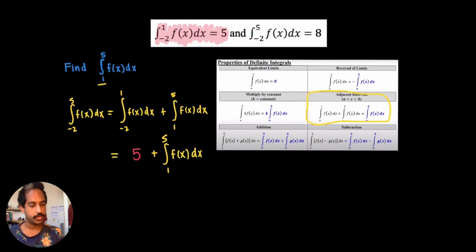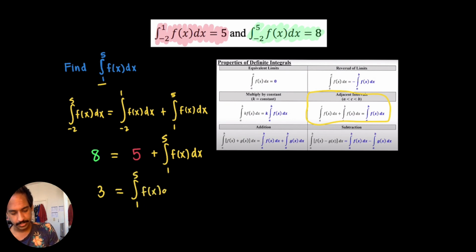What about on the other side? Do we know what that is? Yes, we do. I'm going to highlight that in green. We know that from negative 2 to 5, that's 8. So we get 8 equals 5 plus that integral that we're trying to find. We're just going to subtract both sides, and so we're going to end up with 3 equals the integral from 1 to 5 of f of x dx. And so we get that our final answer is